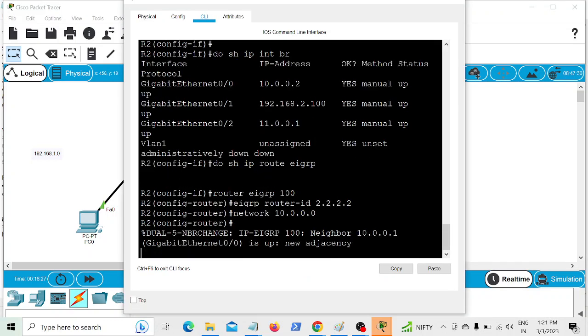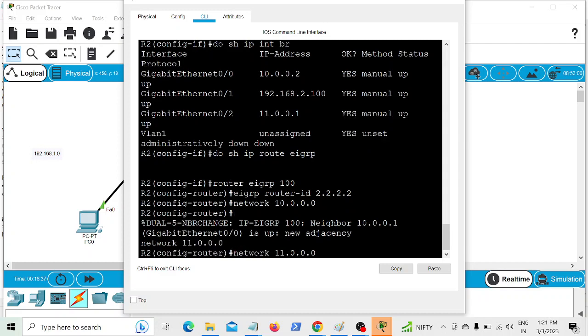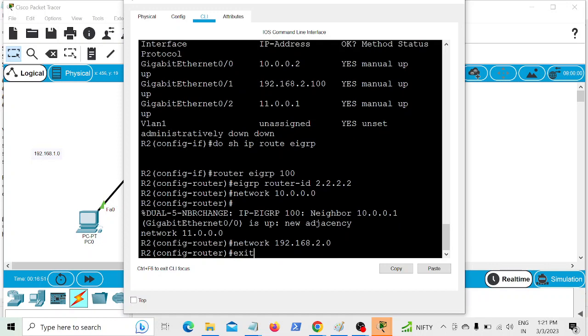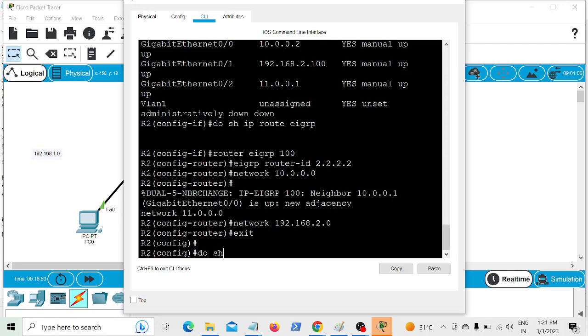10.0.0.0 and 11.0.0.0, and again the network connected to 192.168.2.0. Again exit. Then I can check with do show ip route